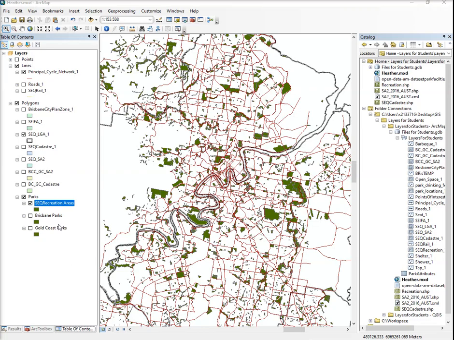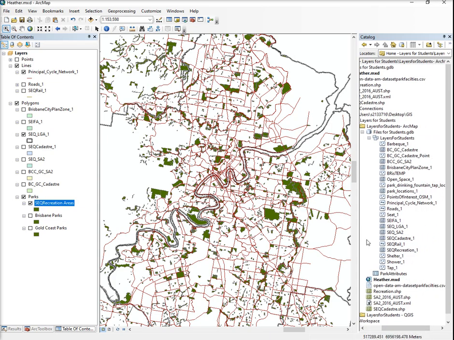We're going to learn how to symbolize by unique features. I've already done this for parks, and I've also put them in a group for parks. What you may notice too is that the names there are slightly different to the ones that you probably have. You will probably have something that says like that, and your parks might be called, more than likely, SEQ Recreation